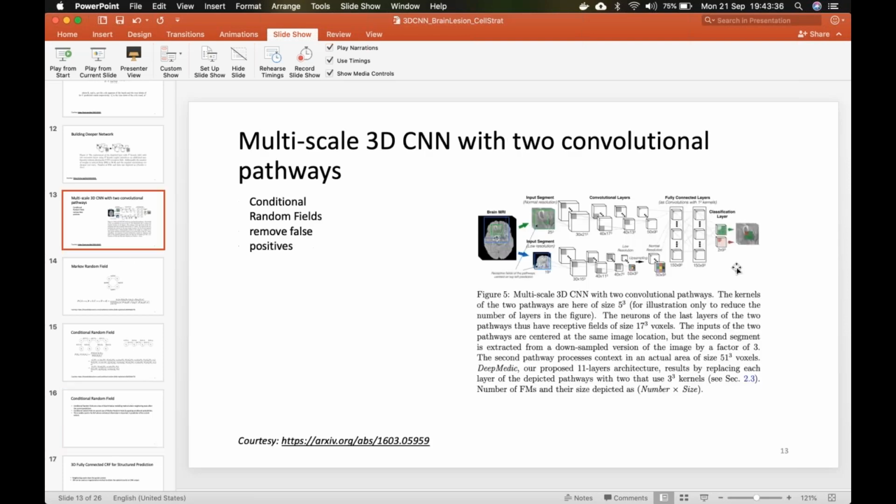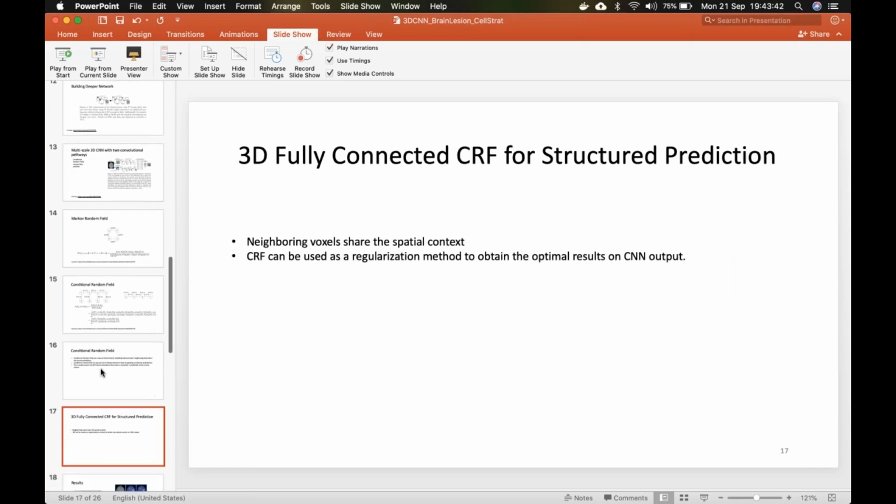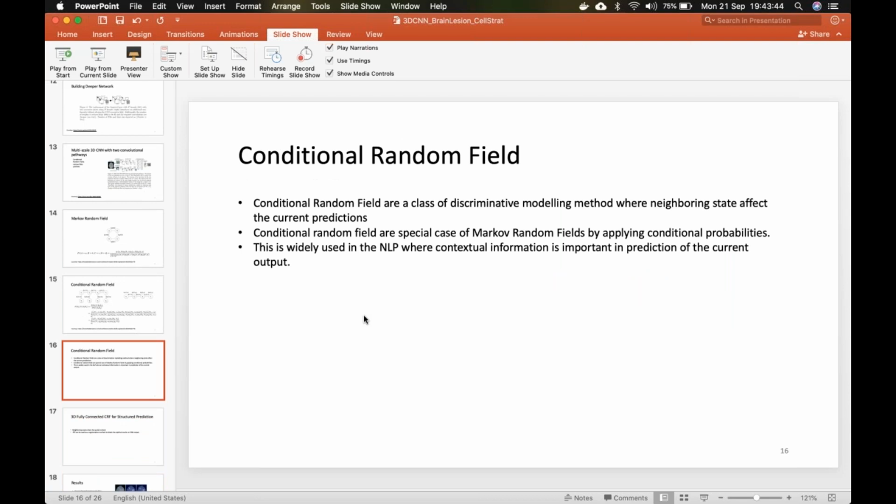So the output is a fully connected layer, and conditional random fields are a class of discriminative models where the neighboring state is affected by the previous state. Basically this is used at the final stage to create a label for each voxel.